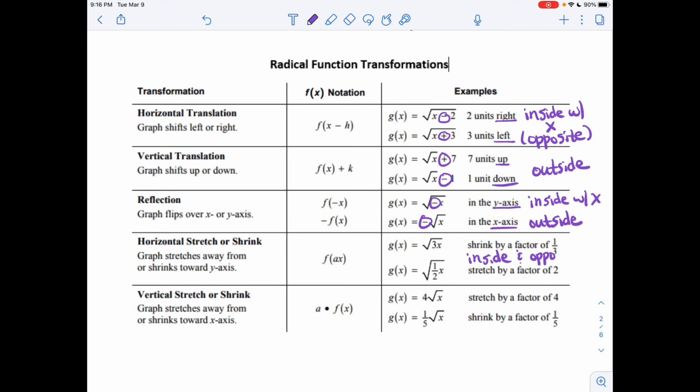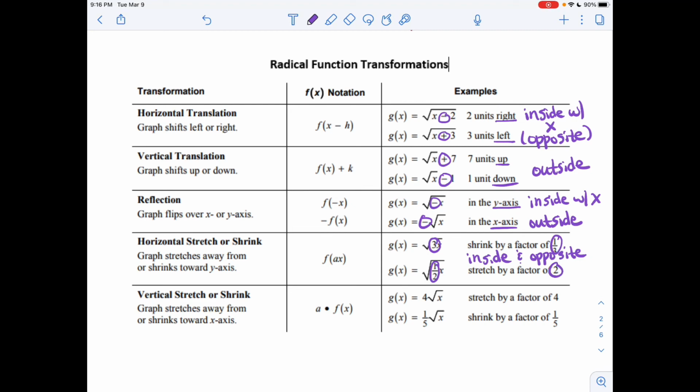And in this case, opposite means reciprocal because we're multiplying by a number, so we will be dividing by a number. If we see a 3 in the equation, that is a horizontal shrink by a factor of 1/3. If we see a fraction, a proper fraction, in the equation, then that is a stretch by a factor of,